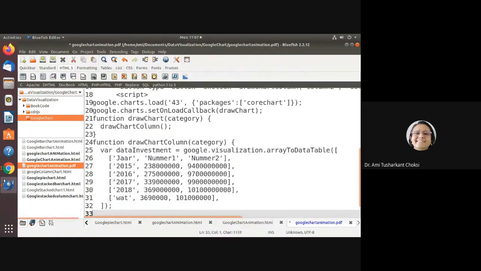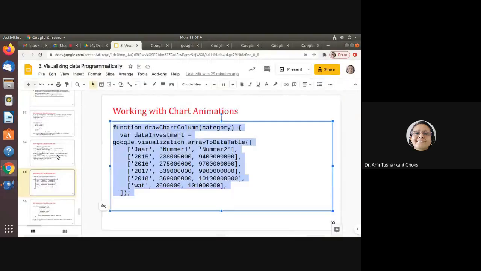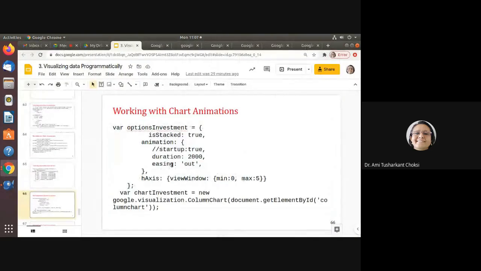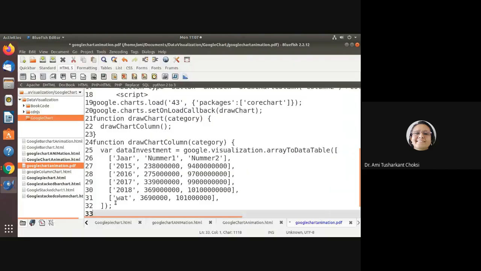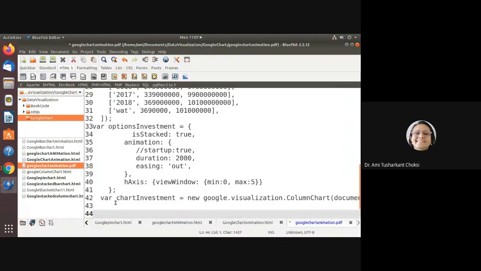That is available here. Options we are specifying here, and as we want to have animation, options must be there inside this. Okay, so let us put them here.